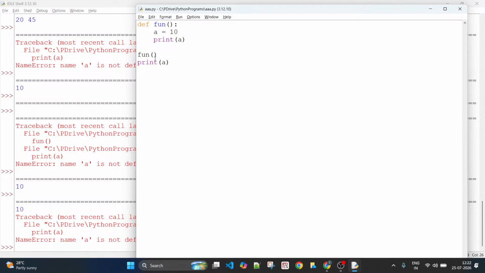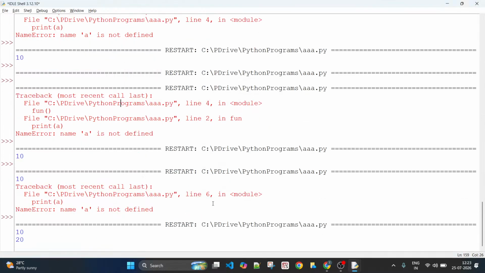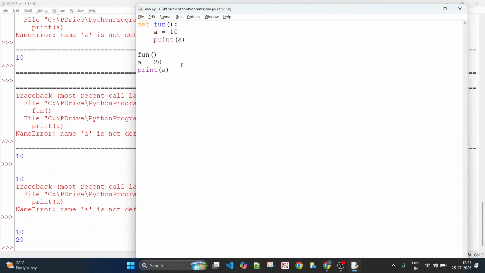And if you want to really address this, there are different ways. You can just take another variable with the same name, because you're using A here also, and you can initialize it here. Then you will be getting two values, 10 and 20. 10 is produced by the function fun and 20 is produced by this print statement. So now this A is visible to this print function and this A is visible to this print function. If you don't have this line, this A cannot be accessed from here. So A is a local variable to the fun function.